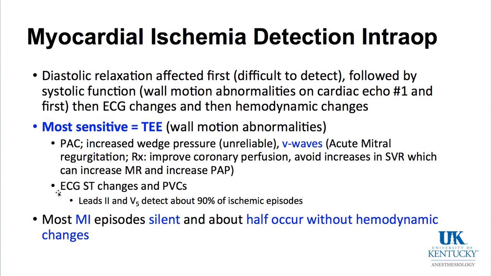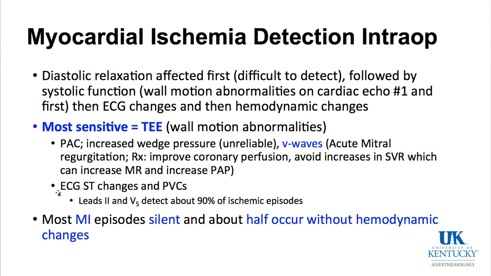Pulmonary catheter isn't a great way to detect myocardial ischemia. If the left ventricle became ischemic and was not functioning well, the pressure may rise in it as it's not working very well. So a rise in wedge pressure. V waves with acute mitral regurgitation can occur,